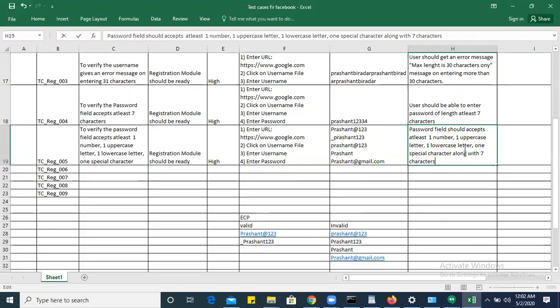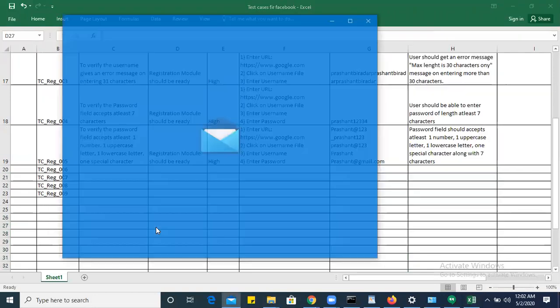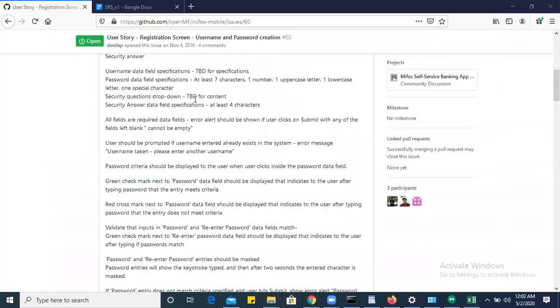Okay. So again, by missing any one of these, I can start writing the negative test cases. That is up to you, how you create a number of test cases here.